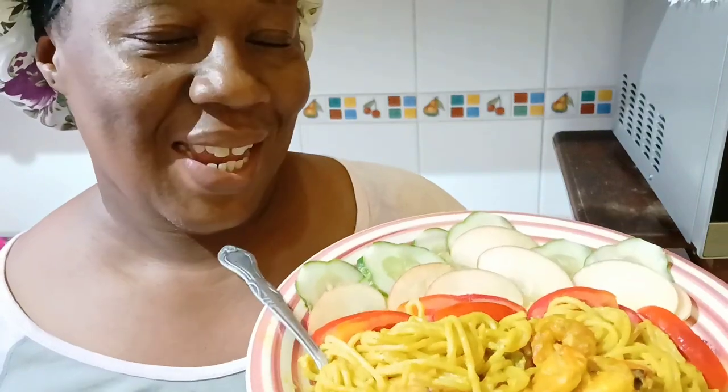Okay guys, I appreciate all of you. This is the coconut curried shrimp pasta. Yes guys,